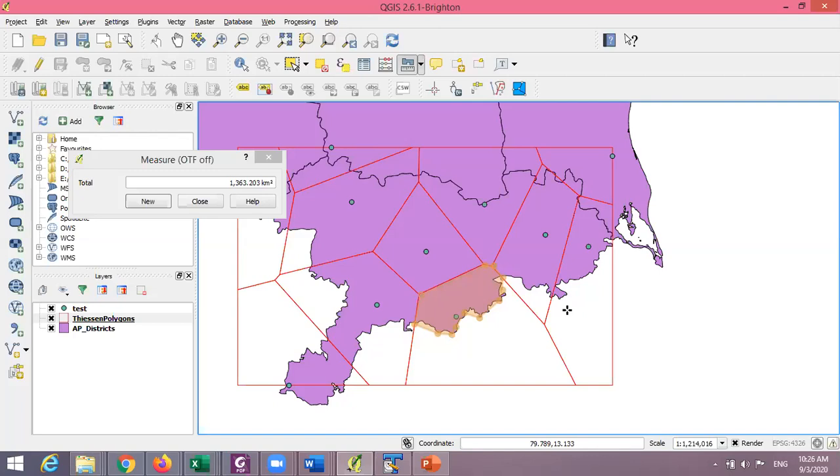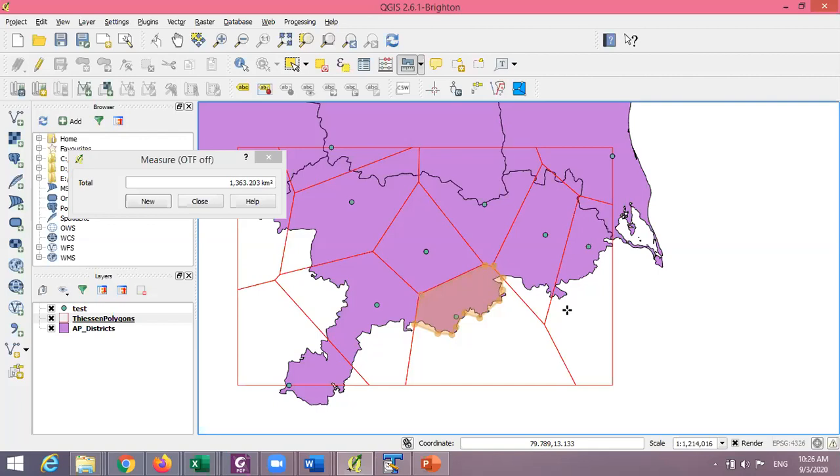My objective is not to get the correct answer at the end of this. My objective is that you learn how to use this QGIS, because it is going to be very, very useful for you no matter what you do in your future. Whether you go for a job, core job, non-core job, whatever it is, having knowledge of GIS is a plus point for you. So you will learn not only hydrology through this, you will also learn how to use GIS, how to manipulate the data and so on. So that is the objective of this. Two birds with one stone.